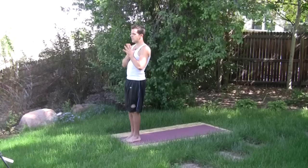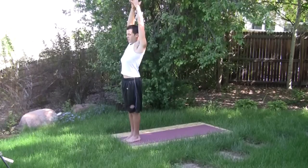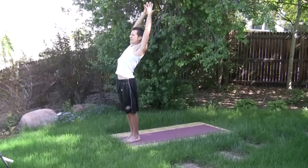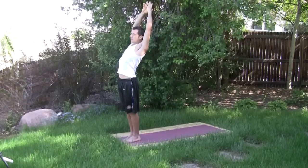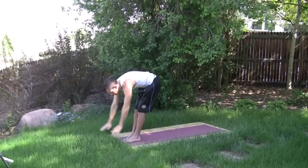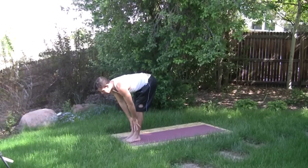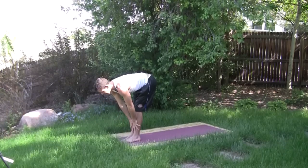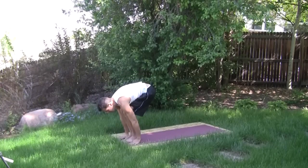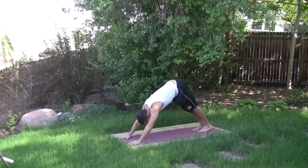Then begin by lifting the arms up towards the sky. You can either form a straight line from fingertips to heels, or you can slightly arch back. Get a good stretch, then straight spine, move forward into a forward bend. Now we're going to come halfway up so that we form a 90-degree angle between the upper body and lower body. Then we're going to place the hands outside the feet and then just step the feet back, coming into